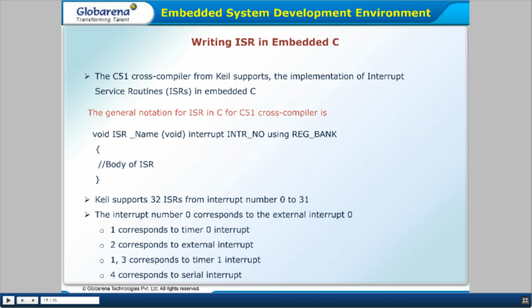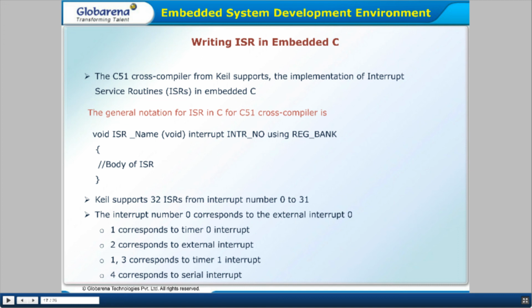The different interrupts used in the C51 compiler from Keil support interrupts 0 to 31.